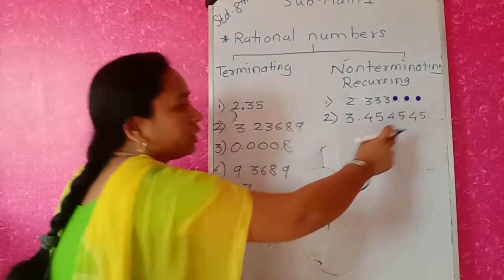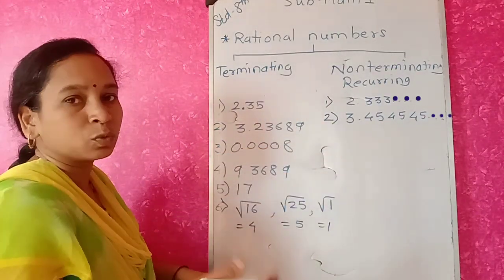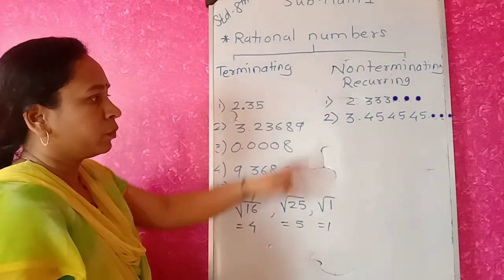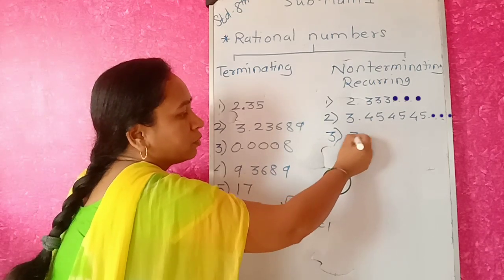So here how many digits are repeating? The 2 digits are repeating. That means 2 digits are recurring. So this is a non-terminating and recurring decimal. So instead of this, sometimes they can give